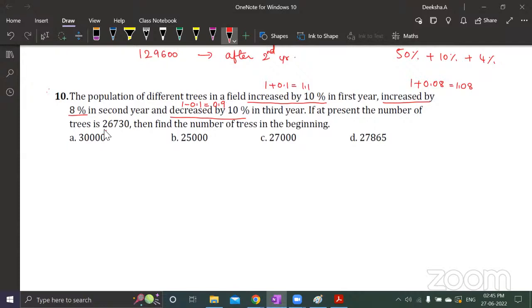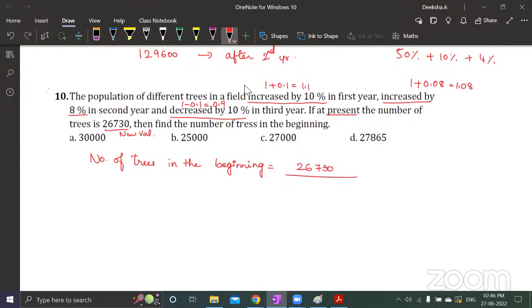And the number of trees is 26730 at present. You need to find the number of trees in the beginning. This is the present value. You have to find the previous value. So the value given is a new value, right? So what is the number of trees in the beginning? It is nothing but the old value. The number of trees in the beginning is the number of trees at present